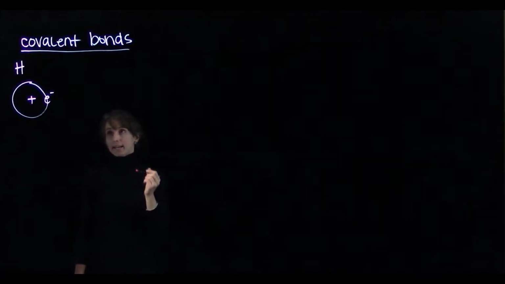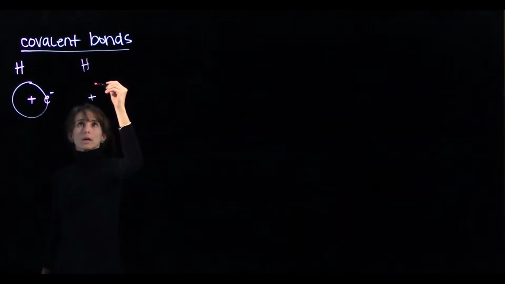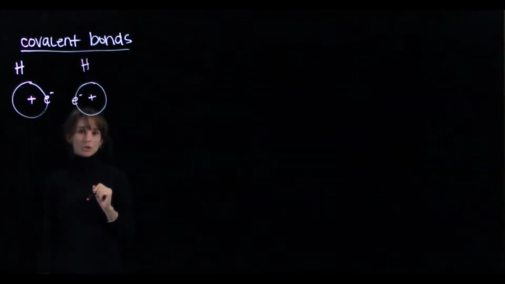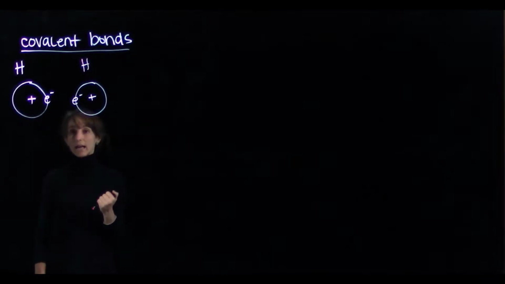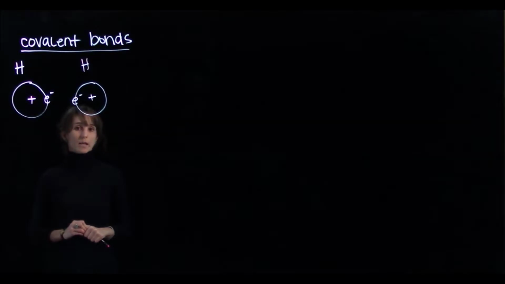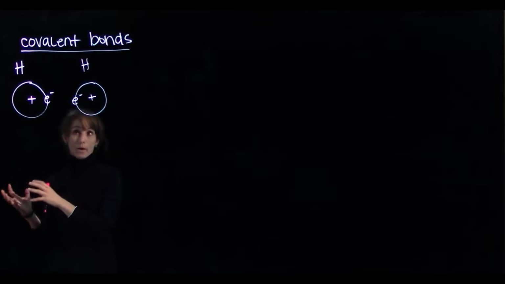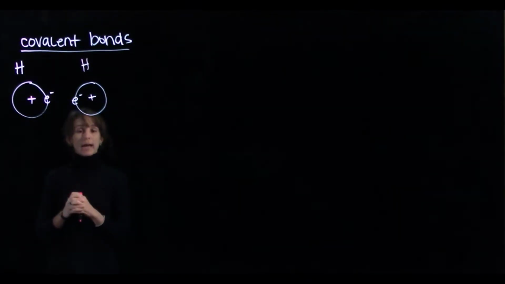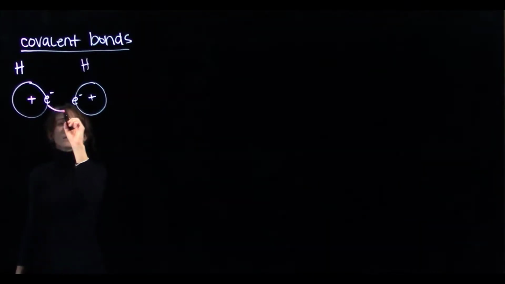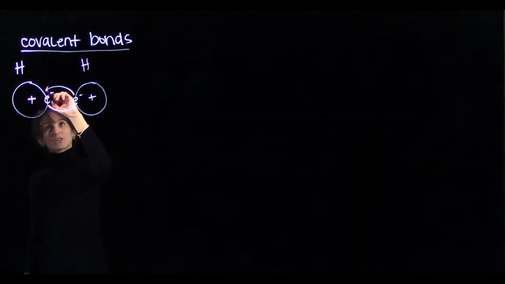If we have a second atom of hydrogen nearby, it would be the same, 1 proton with 1 electron orbiting in the first electron shell. Now, hydrogen does not have a full outer shell, so it is unstable and it will participate in chemical bonds. Rather than transferring 1 electron from one atom to another atom, these atoms are going to share electrons. So this atom will share its electron with the other hydrogen, and the other hydrogen will share its electron in